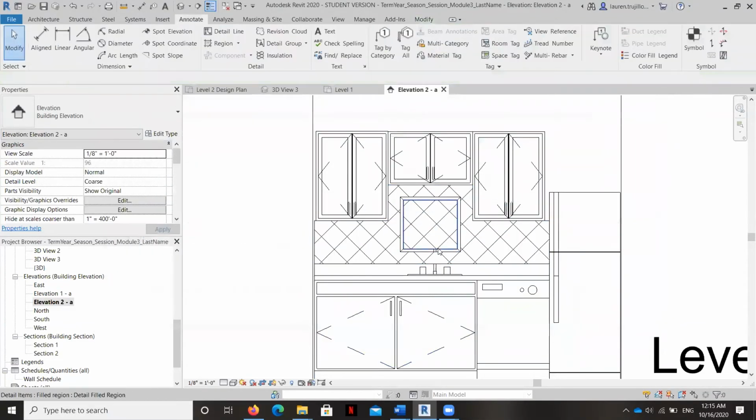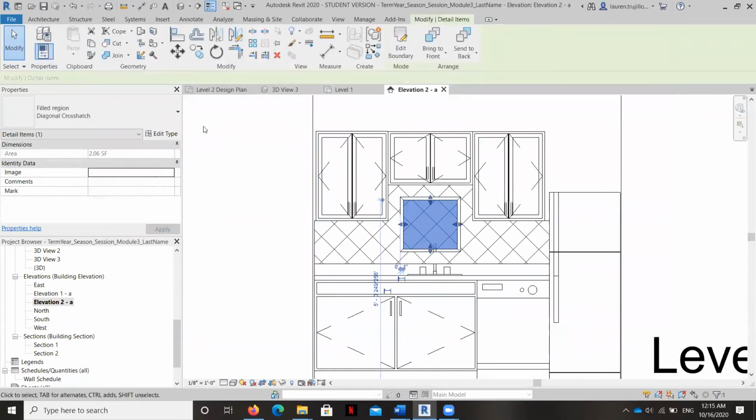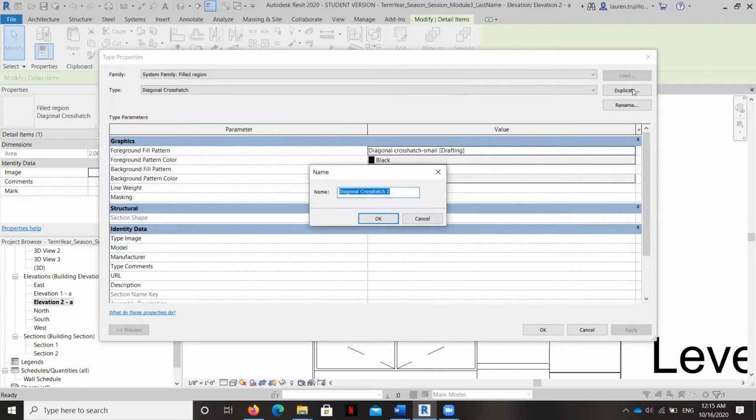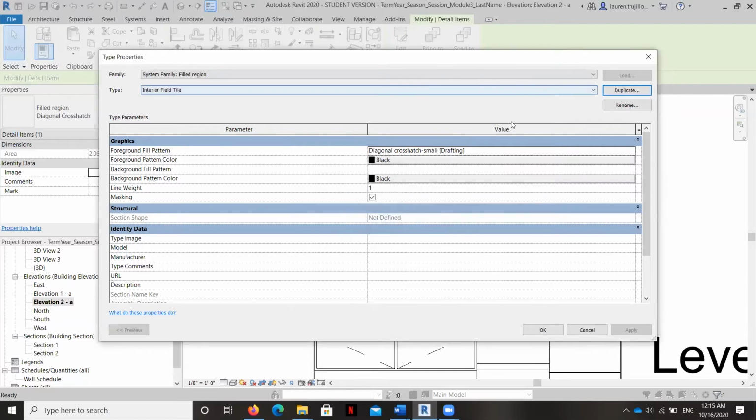Okay, so this, we're going to have to edit type, duplicate, okay.